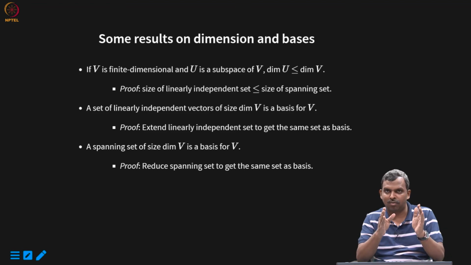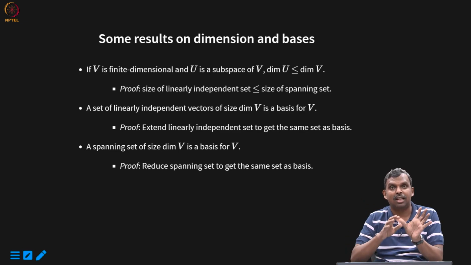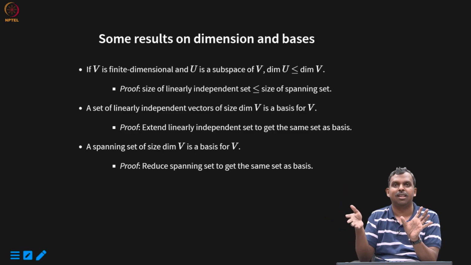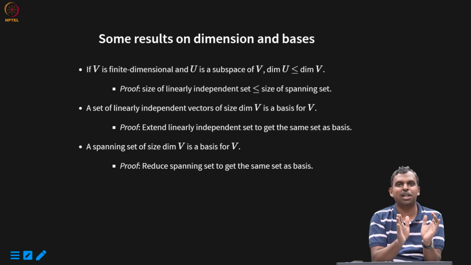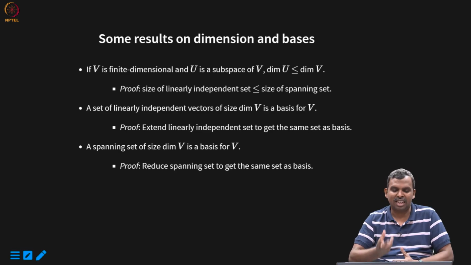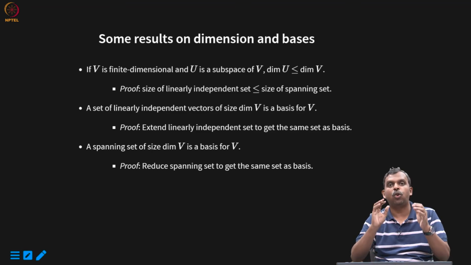You take your set of linearly independent vectors of size dimension V, then append the entire spanning set to it, and you use the linear independence lemma, reduce, extend it to a basis. Of course, it can be extended to a basis. Once you extended it to a basis, the size has to be dimension V. Anyway, originally you started with dimension V. Those are the only vectors that will be left. Okay, so it's a very clean way to rigorously prove this result,